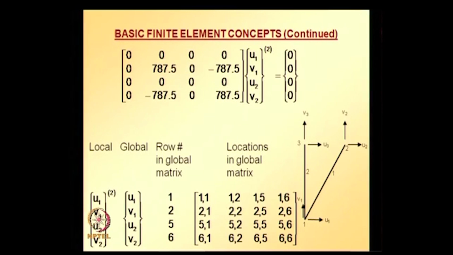That is, whatever value is at the 1 1 location in the local elemental equation for element 2, the contribution goes into the global 1 1 location. Similarly, whatever value is there at the location 4 4 in the local stiffness matrix goes into the 6 6 location in the global equation system. So, based on this we can assemble the